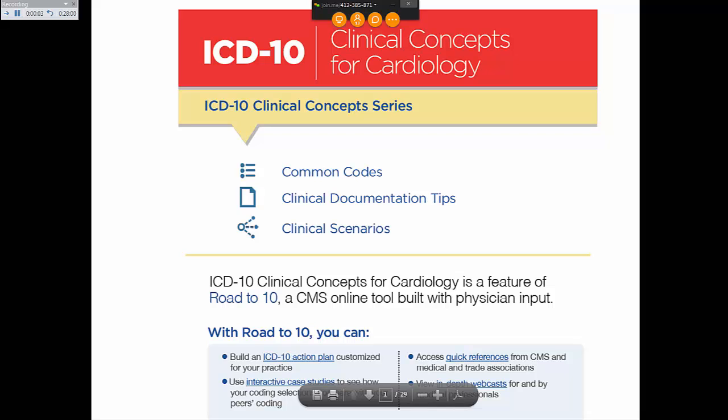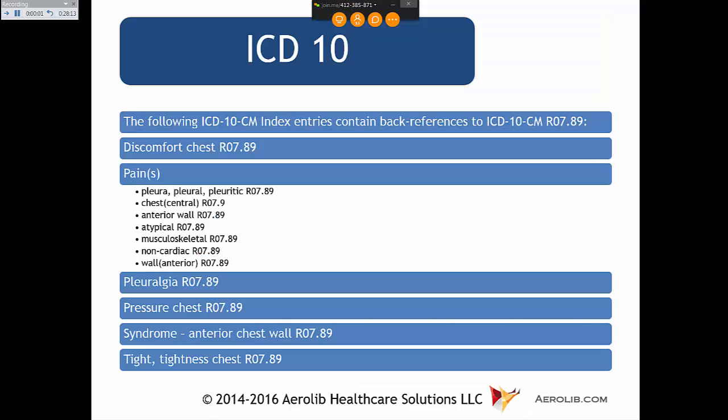Now, when ICD-10 came out, they had some really good clinical concepts for cardiology, and these are available free for people on the CMS websites. We have a link to this. It's a 29-page document. But what I'd like to focus on is when ICD-10 came in, they became more specific